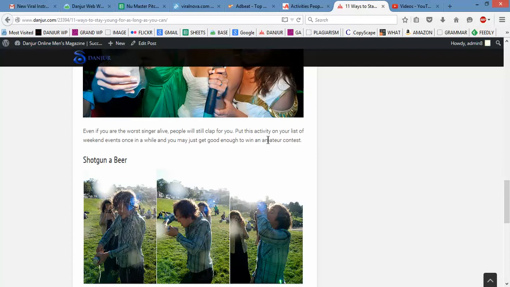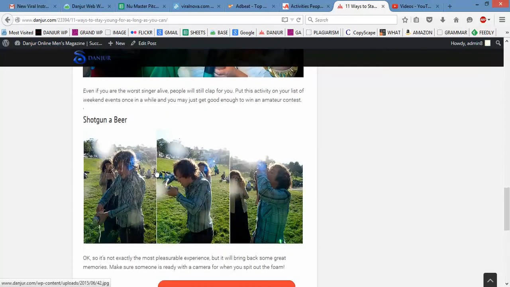And my little caption underneath there. And then I found this one. I thought this was really cool. I basically just searched for beer on Flickr, and I found this picture, and I'm like, oh man, that's awesome. That's perfect. Shotgunning a beer. Yes, that's totally something you do when you're young. So I went with that.